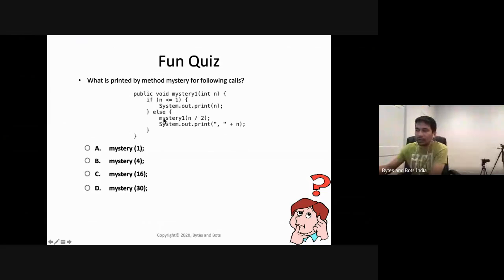No, so it goes to else, and again it calls itself, but this time with 2 divided by 2, which is 1. Now n is 1, so it's going to print 1. It comes back. When it comes back, the value of n is still 2, because when it called itself, its value was 2, and when it called itself,